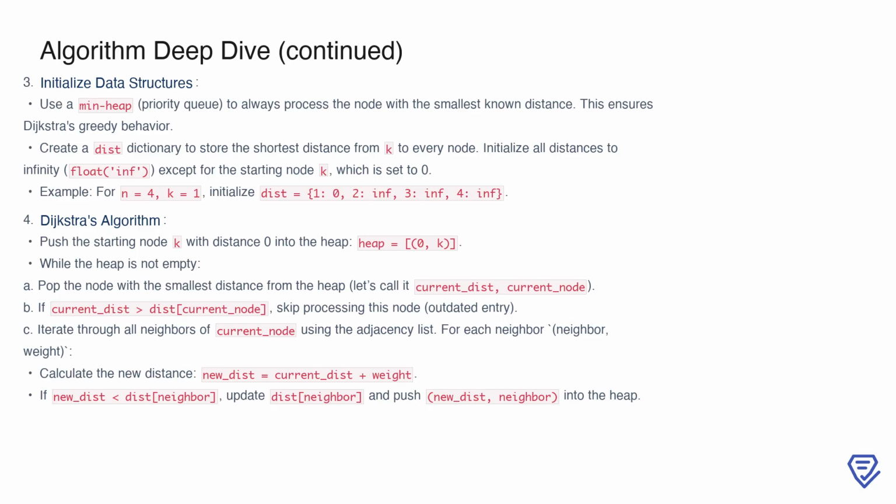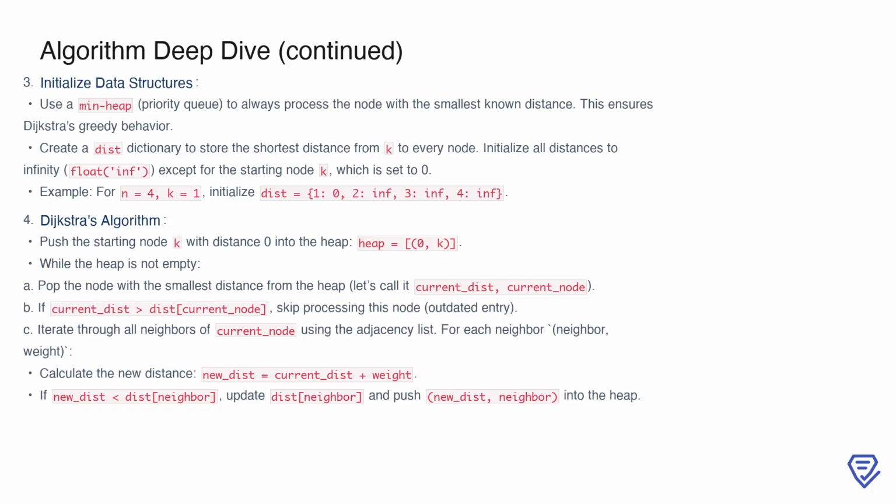To begin Dijkstra's algorithm, we need to set up a few key data structures. First, we use a min-heap, or priority queue, to ensure nodes with the shortest known distances are processed first. This is critical for the greedy nature of the algorithm. Next, we initialize a dist dictionary to store the shortest distance from the starting node k to every other node. All distances are initially set to infinity, except for k, which is set to 0. For example, if n equals 4 and k equals 1, the initial distances would be 1: 0, 2: inf, 3: inf, 4: inf. Now, we push the starting node into the heap as (0, k)